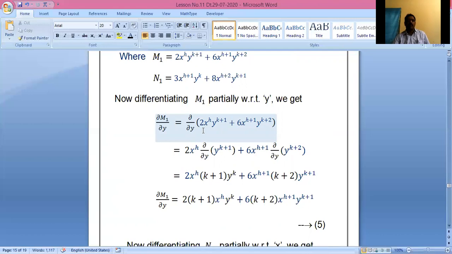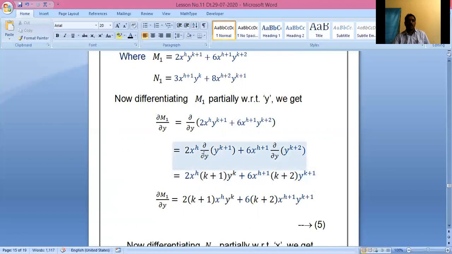Therefore here in the first term 2 into x power h is constant. Therefore it can be written as 2 into x to the power of h into dou by dou y of y to the power of k plus 1, plus in second term 6 into x to the power of h plus 1 is constant. Therefore 6 into x to the power of h plus 1 into dou by dou y of y to the power of k plus 2,